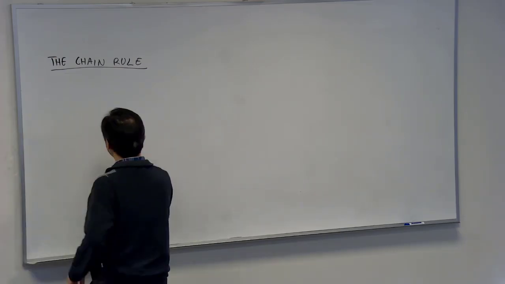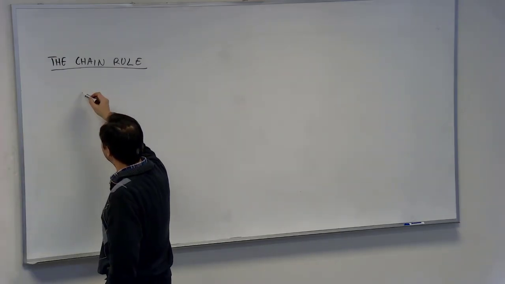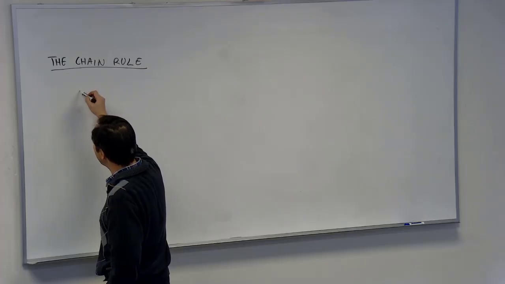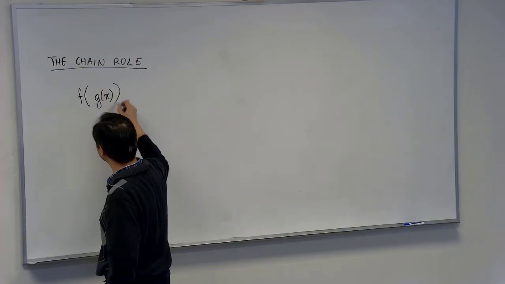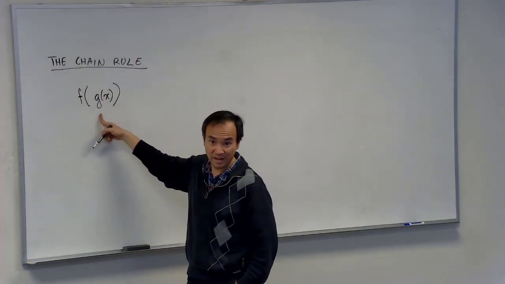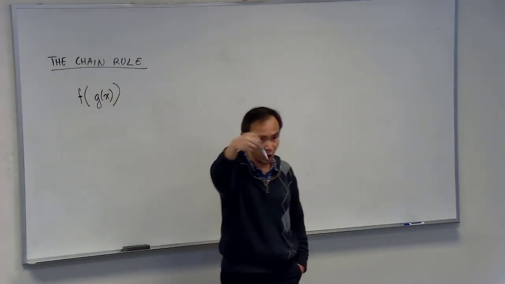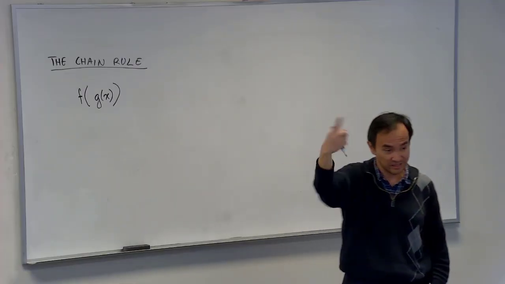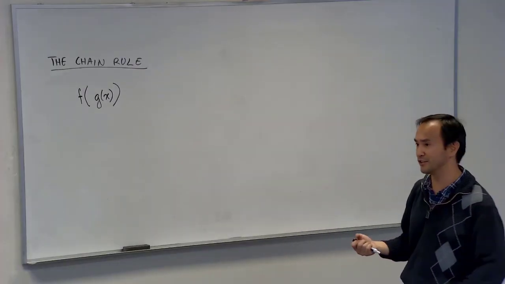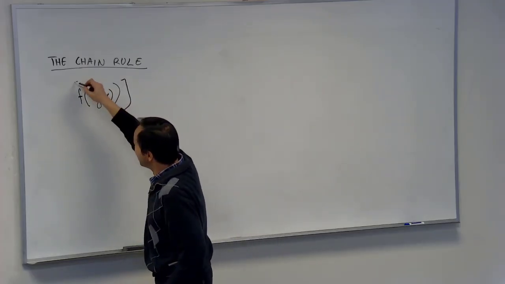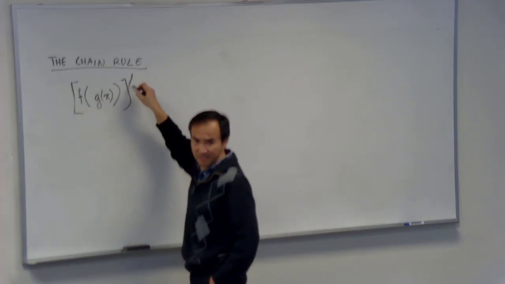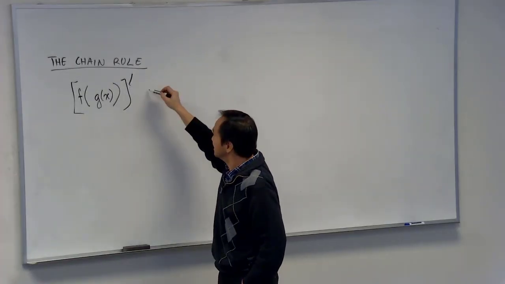So the whole idea of the chain rule is like this. Anytime your function is in the form of an outer function composed of another function inside of that. See, that's what happens to our (2x² − 4)². The square is the f function being the outside, and the 2x² − 4 going inside. So anytime we're asked to take the derivative of some composite function like that, the chain